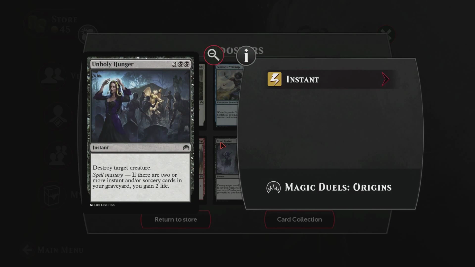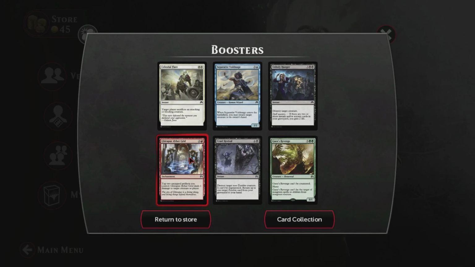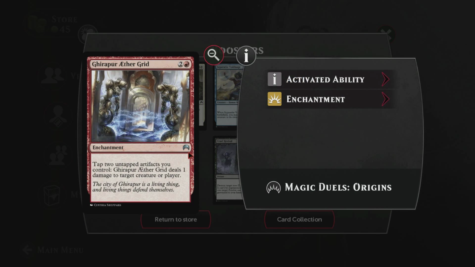Unholy Hunger for 5 mana at instant speed destroys target creature with the added bonus of Spell Mastery. If there are 2 or more instant and or sorcery cards in your graveyard, you gain 2 life. It's like Flesh to Dust with a little bit of upside. Nothing wrong with that. Our first uncommon is the Gearfur Aether Grid, which is an enchantment that allows us to